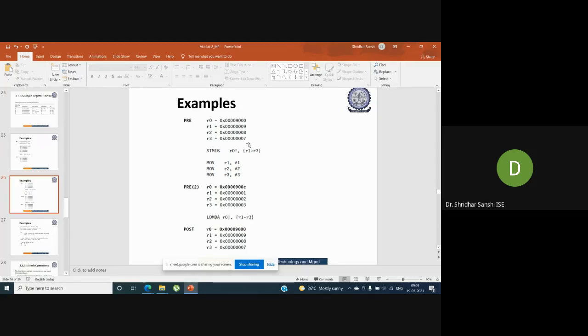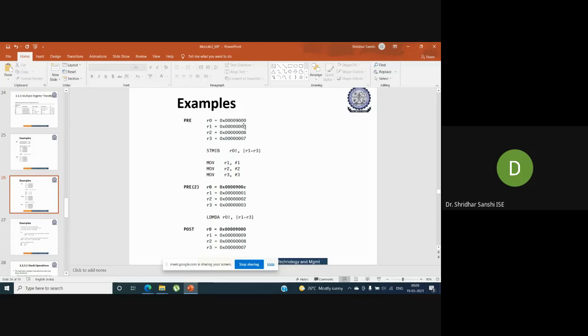Please be interactive. STMIB indicates increment before, so first we increment, so 9004 is our first address. For the second address, you add plus 4 to that, so it will be 9008. There the content of register R2 will be stored.